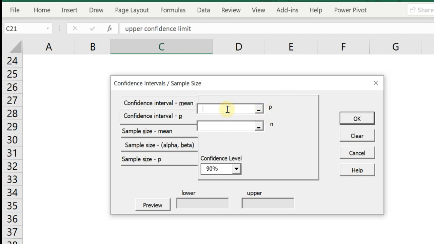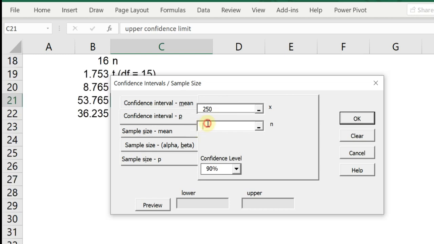I'm just going to type it in. See, it changed to an X. So now Megastat knows that's the number of successes. It's not a percentage anymore. And the sample size is 400. Our confidence level for this one was 99. Again, preview. Here's the answer to the exercise. If you hit OK,